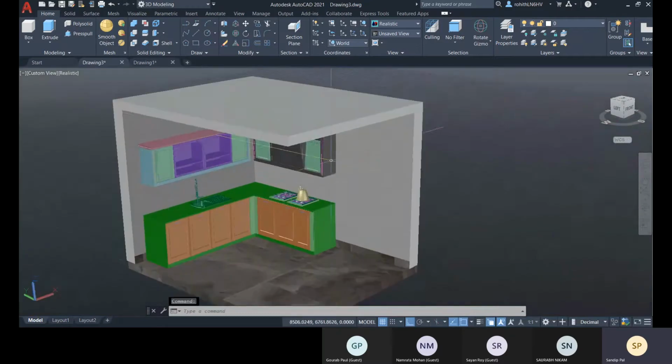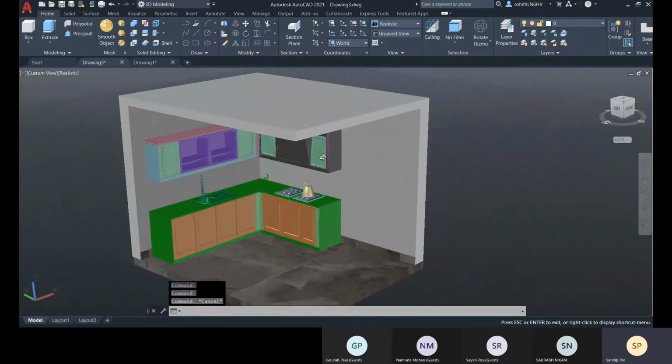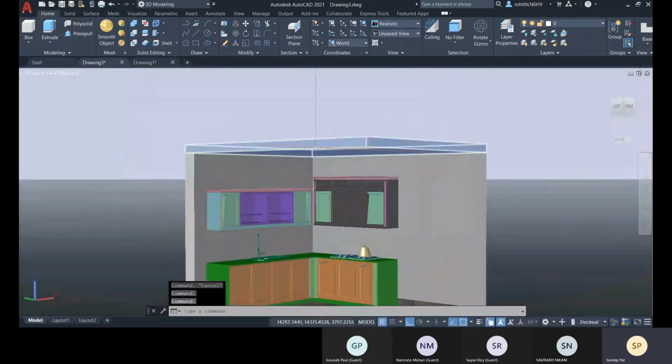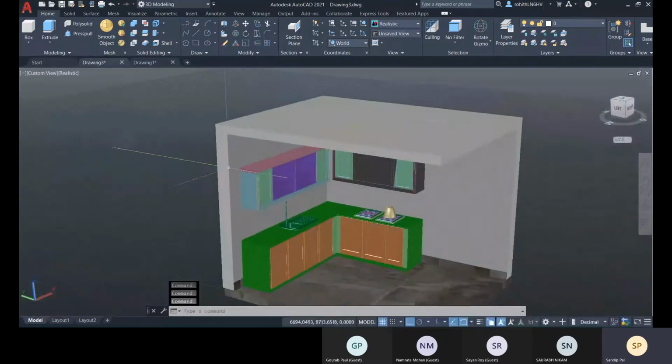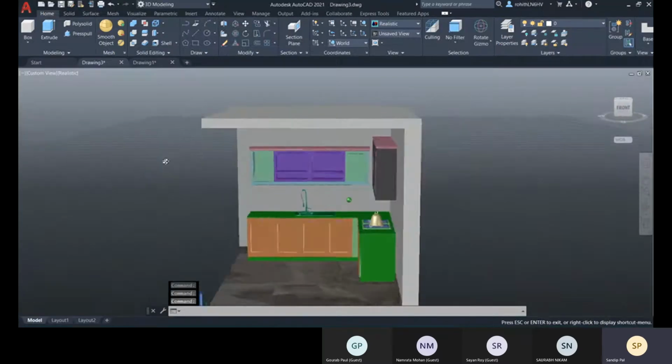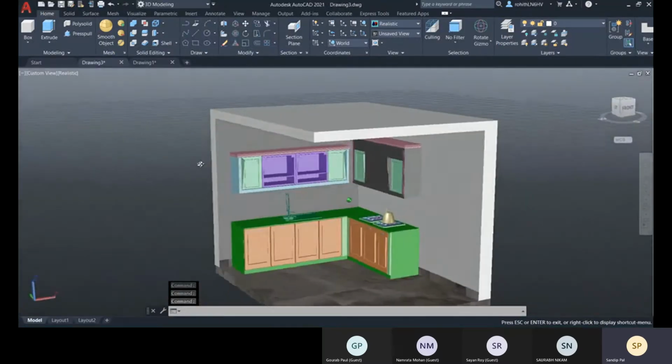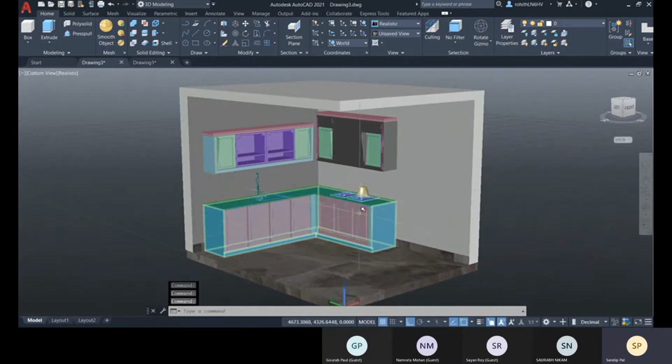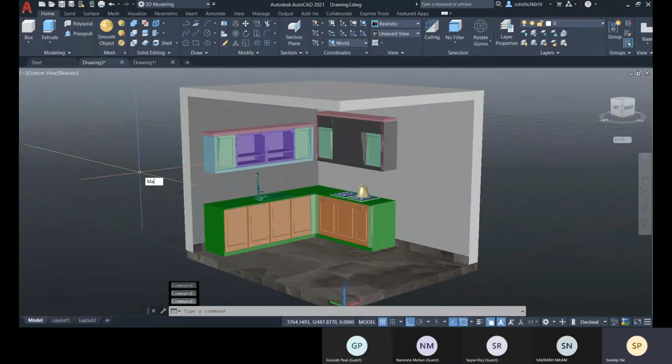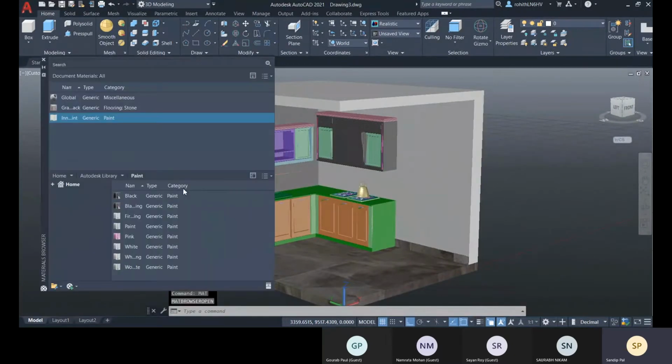All right, and here also you can place the material outside. Also you can place the material on the outside surface. All right, so for that we have the material browser open, and this way we will place all the materials, right, with this material.